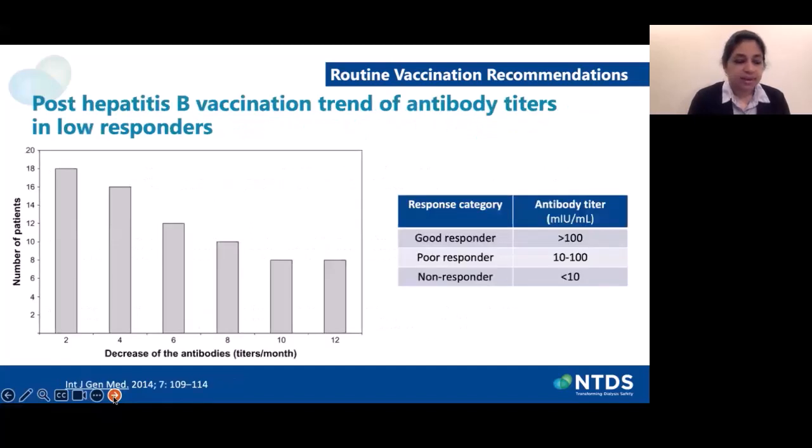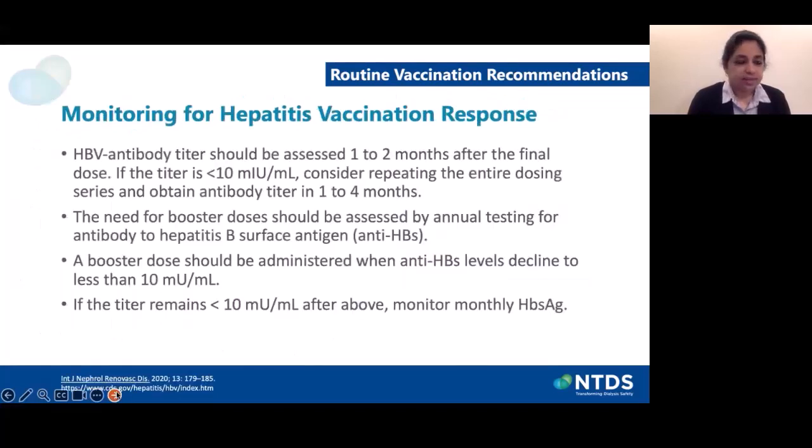Patients on dialysis have shown a diminished response to the hepatitis B vaccine over time. This is especially applicable to low responders, as shown on the left panel. Therefore, ongoing post-hepatitis B vaccination response monitoring is crucial. Hepatitis B antibody titer should be assessed 1 to 2 months after the final dose. If the titer is less than 10, repeat dosing and subsequent antibody titer in 1 to 4 months should be